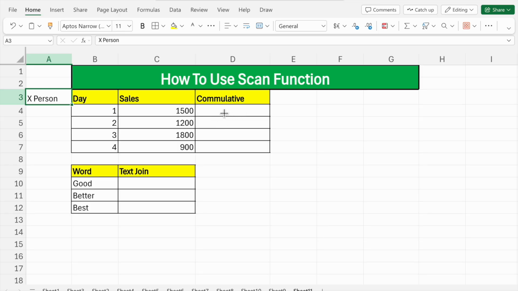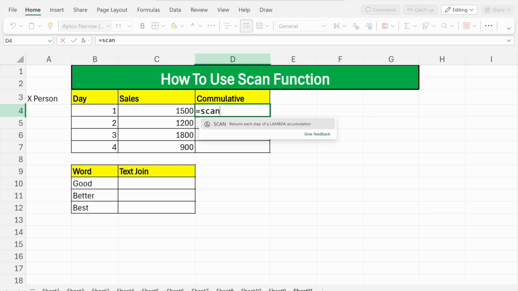I want to find the running total, meaning the first day's sales, second day, third day and fourth day cumulatively. So how to do it? You just use the SCAN function, equals SCAN. Then the initial value will be 0. Then you have to select the array. I want to find the cumulative sales each day, so select the sales, then comma, then for the function you have to enter